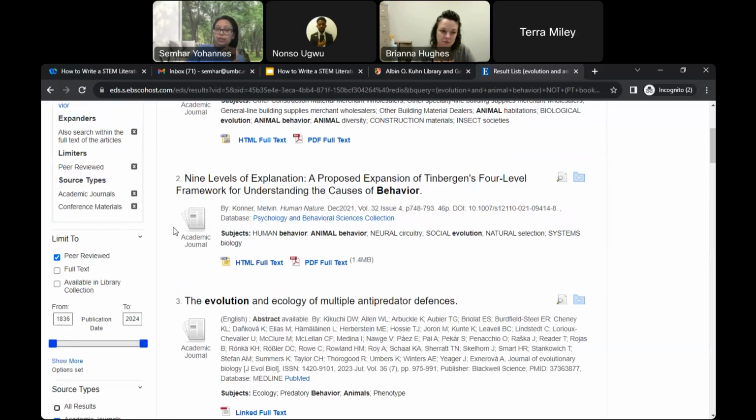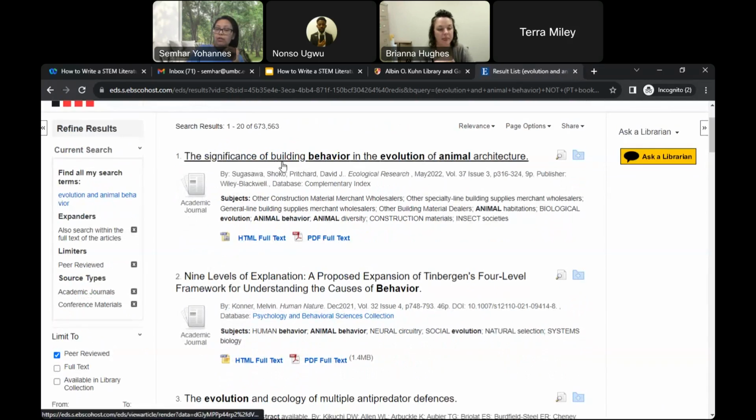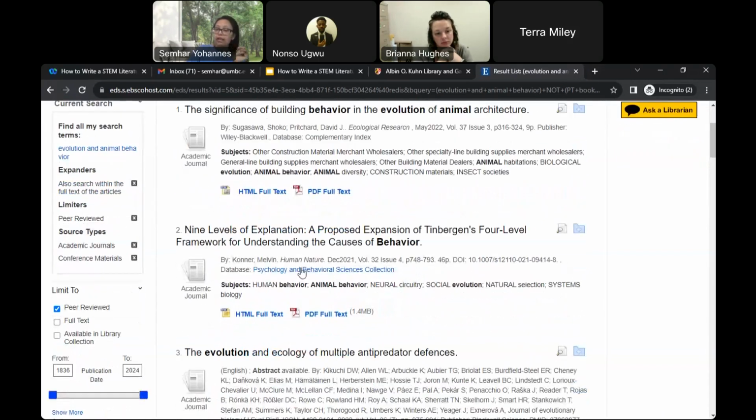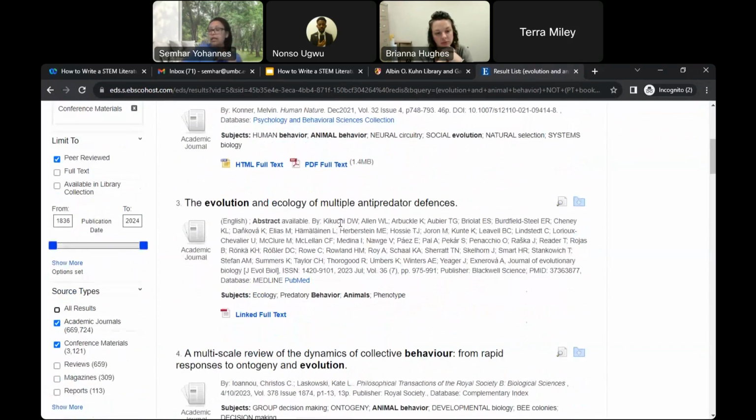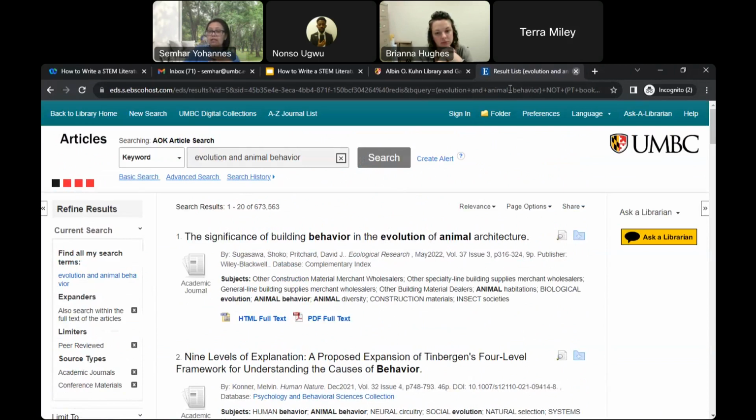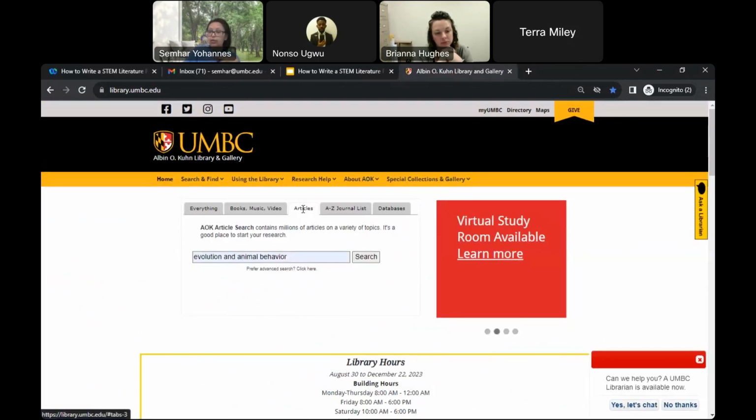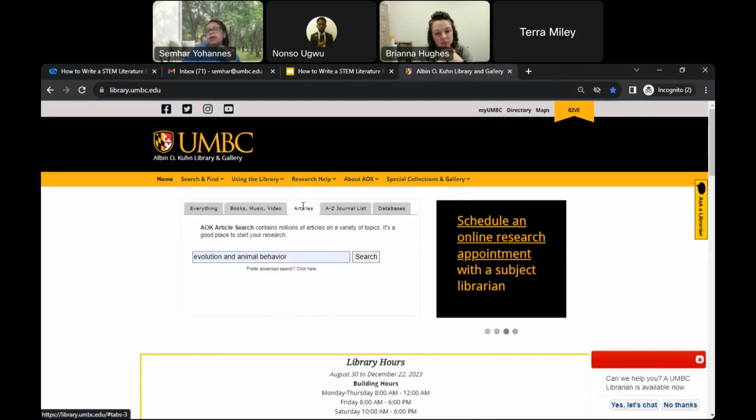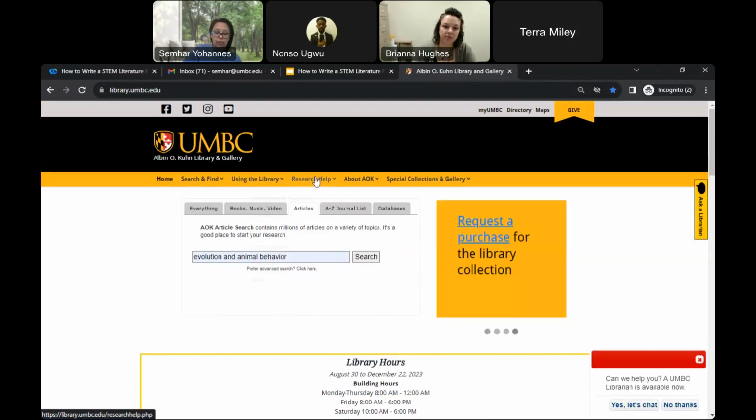Once you've done some filtering, then you can look at the articles, and it gives you the option underneath the title: HTML, find it, PDF, anything along those lines. Okay, so this is the first place that you can find literature on your topic. The other place that you can find literature on your topic is to click on Research Help,